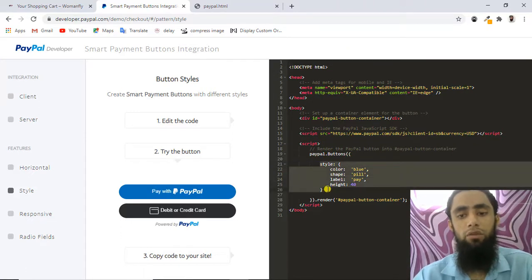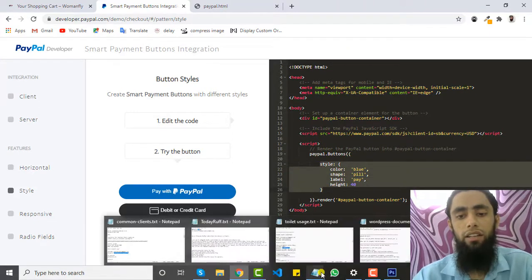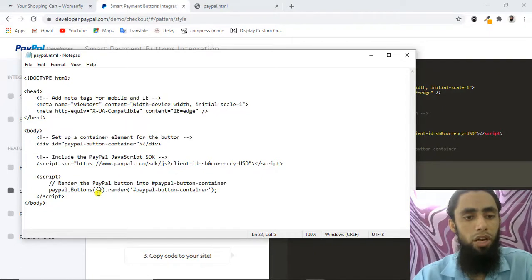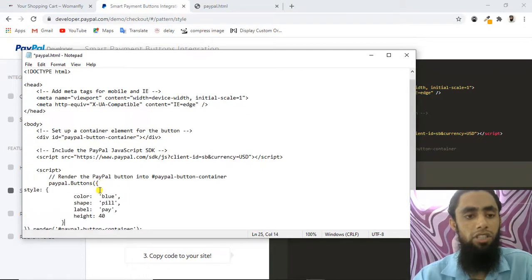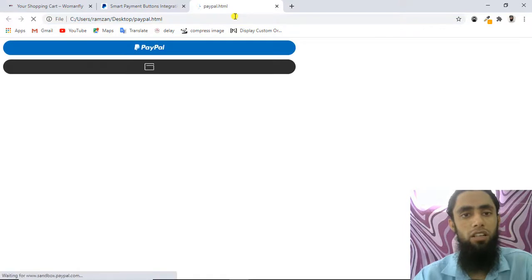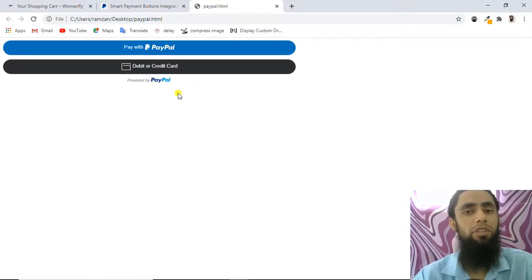I have copied that one, and now you need to paste it into this specific file. Let me show you how. You need to go to this specific line here. Again, I am just pasting it, and let me save this one. Now you refresh this one, and you will get this. So that means this is working fine.